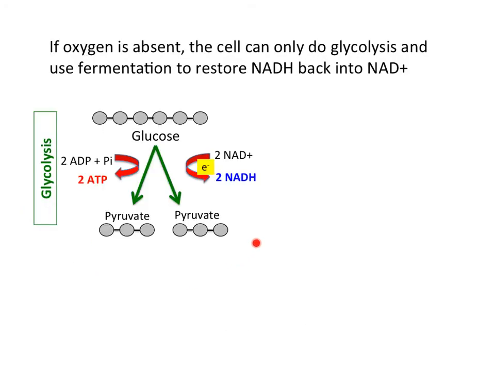So the only pathway that will be happening in a cell that has been poisoned with cyanide is glycolysis. But even glycolysis also needs NAD+, because glycolysis is converting two NAD pluses into two NADHs by giving it a pair of electrons from glucose. So if there is no electron transport chain where this NADH can be recycled back into NAD+, the cell will